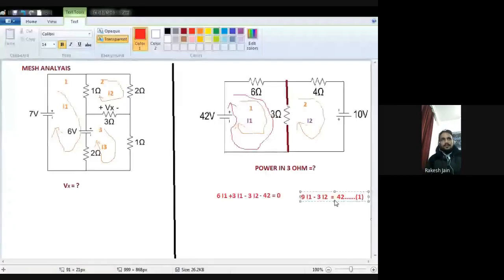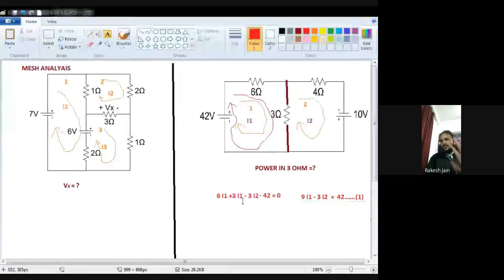Okay, dear. Now see the second mesh. With this green color I am going to denote it. The first resistance is 4 ohm. Now I am going to write the equation for the second mesh. My current is I2, so I take I2 as positive, and if any other current passes through any resistor, I just focus on the direction of that current. If it is in the same direction as I2, then I take it with positive sign. If opposite direction, then I take it with negative sign.